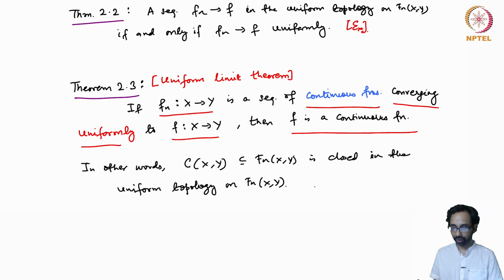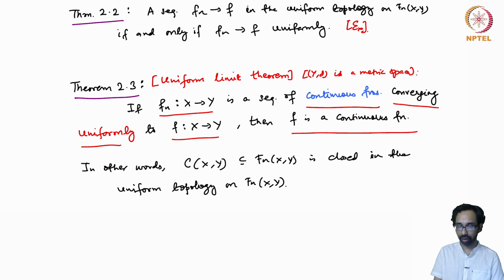So here also, by the way, I'm again assuming Y is a metric space, otherwise this definition doesn't make any sense, because uniform convergence is defined only in terms of Y being a metric space. So here I am just rephrasing this result, and it says that